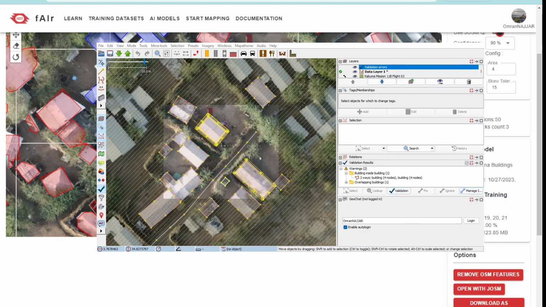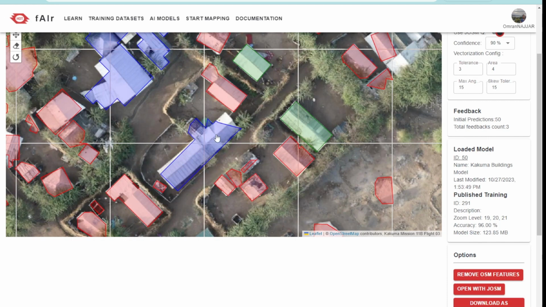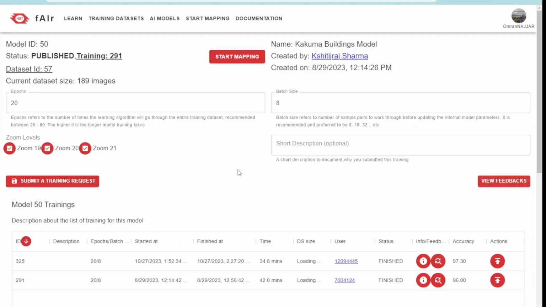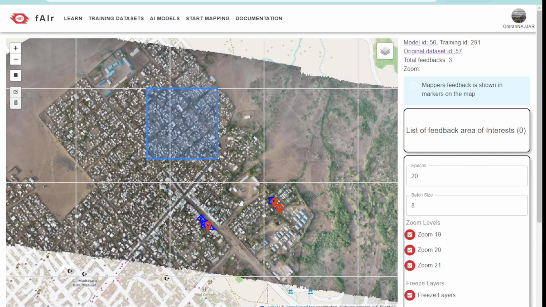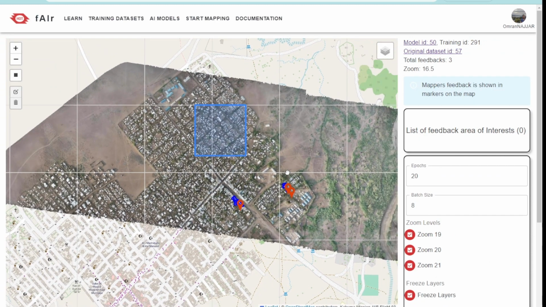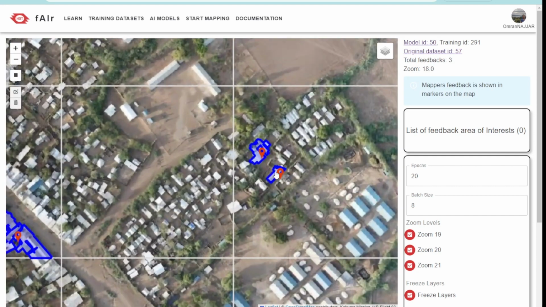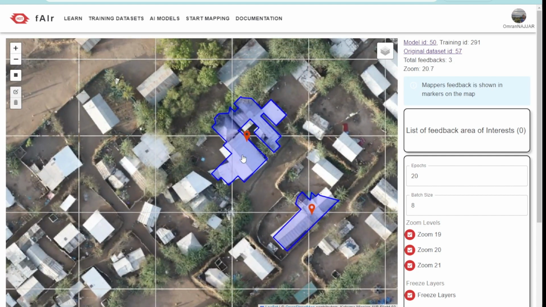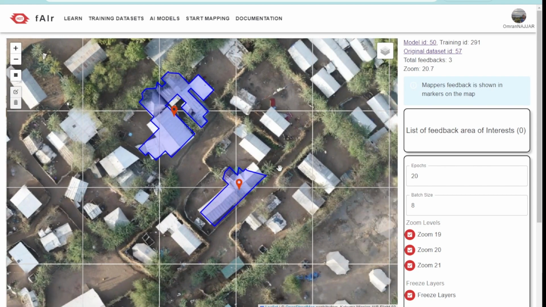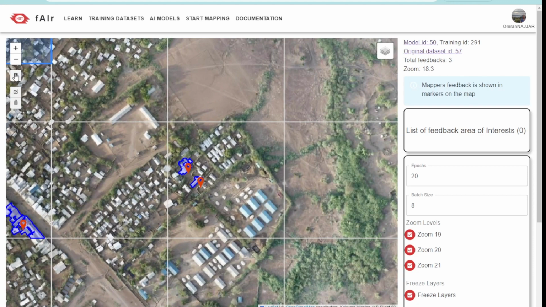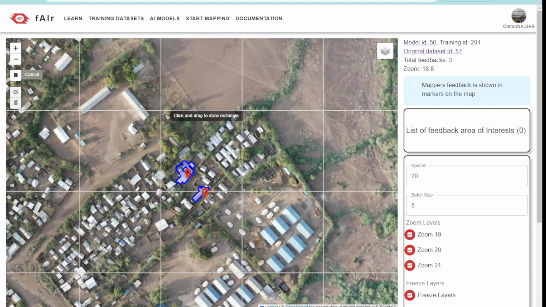If we go back to the model's creation, this feedback can be viewed inside the model. So here is the model. We can view the feedback. In the feedback screen, we will see the original training dataset where it was created, and then we will see the feedback by users. That's the feedback we get from the users. Now we can increase the quality of the model by defining a new training area,